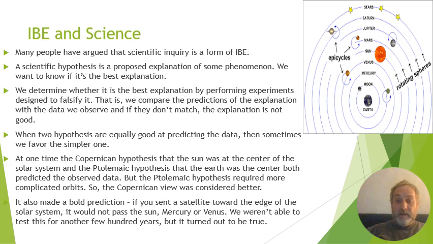So, for example, before we decided that the sun was at the center of the solar system, we thought that the Earth was, right? Because it seemed to match the facts, right? You walk around on the Earth and you seem to see the stars go across the sky, and so it seemed to make sense that everything went around the Earth. And we thought they went around in perfect circles because there's simplicity in the perfect circle, right? But then what happened was,